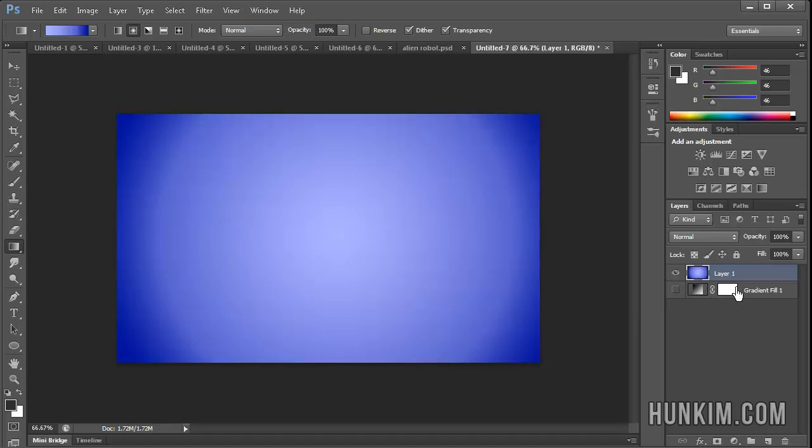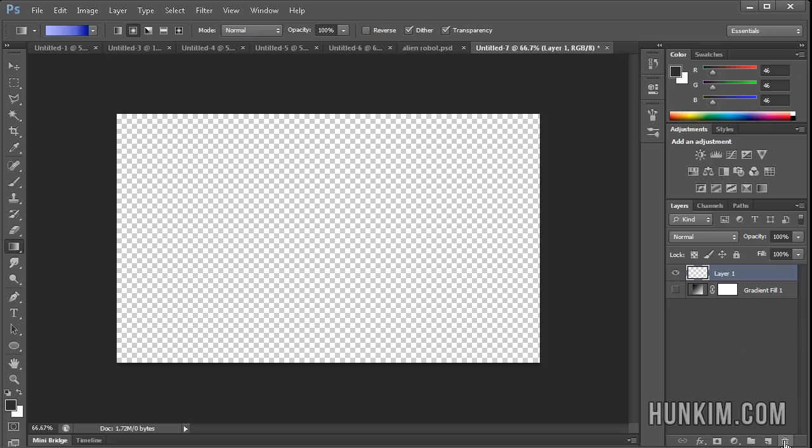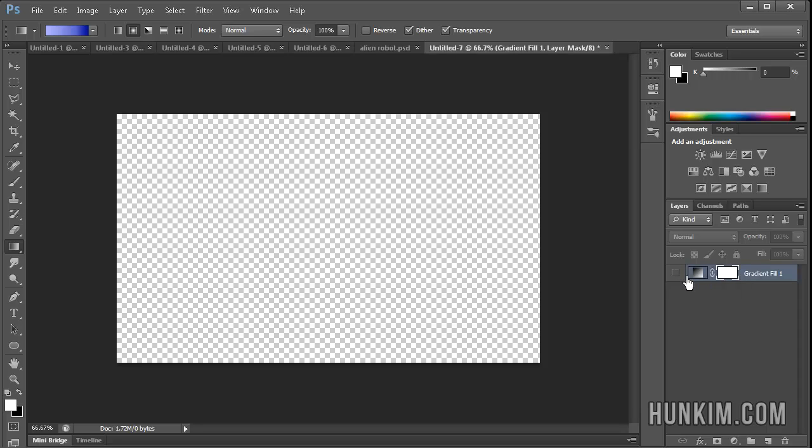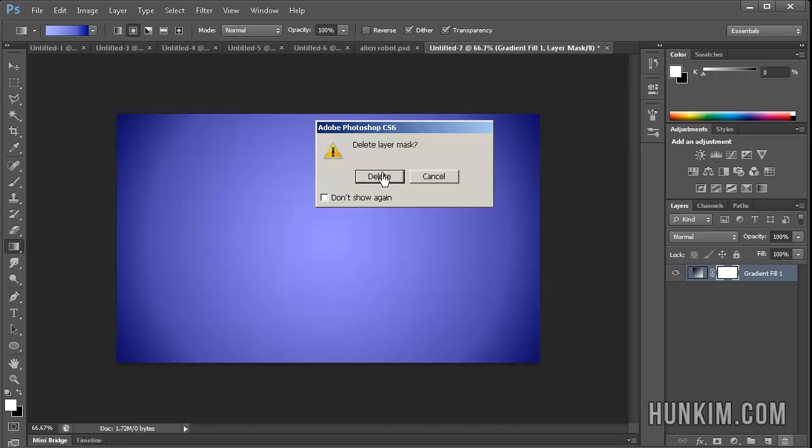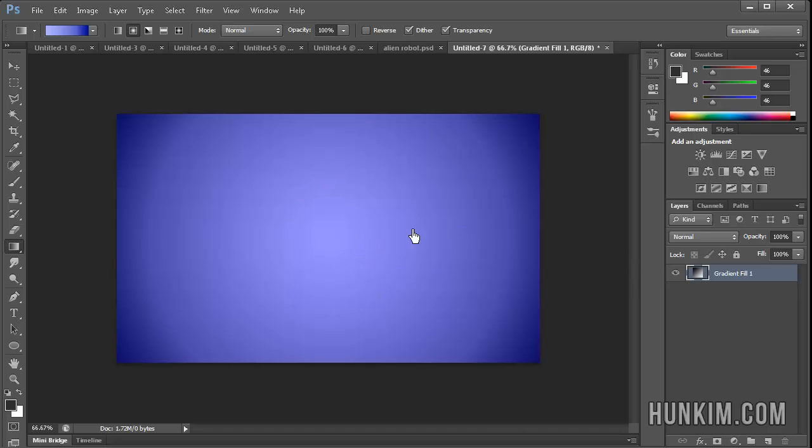So what's the advantage of having this? Control Alt Z. Let's delete this layer. Well, the reason why it's nice to have this, let's show it again, is that we have this nice layer mask attached to this gradient. So if I were to click on this white box, you can hover over it and you see this is called a layer mask. As long as this white box is selected, you can press delete, and it says you want to delete the layer mask. Click on delete. Now we see this is just a simple gradient fill. So let's press Ctrl Alt Z or Ctrl Z,